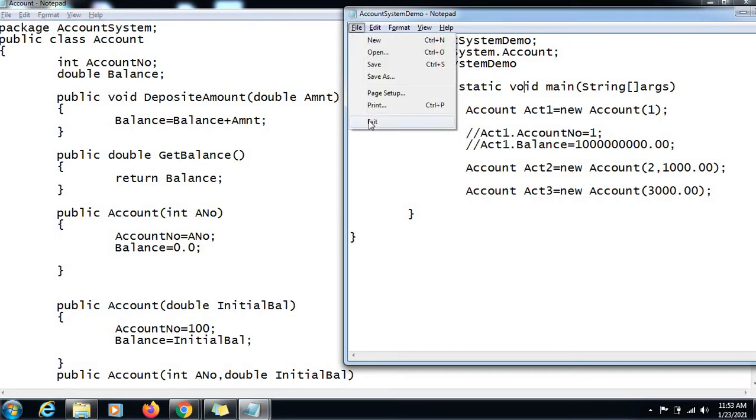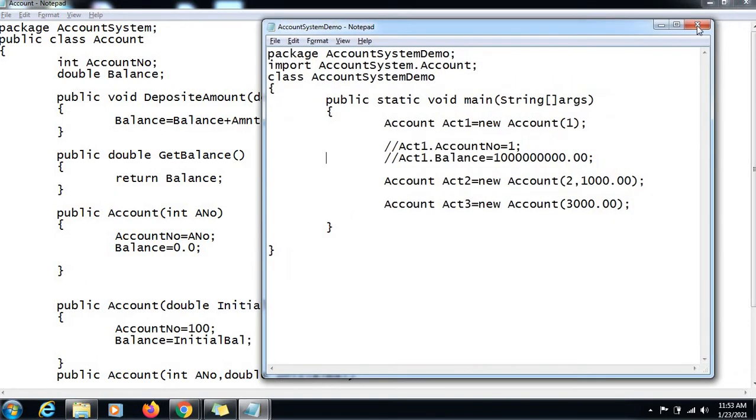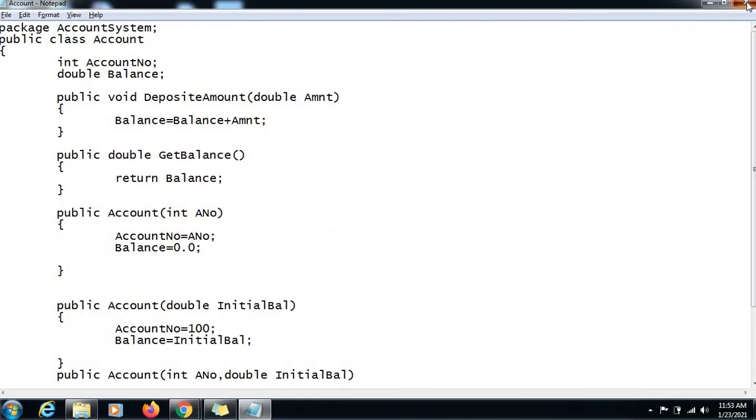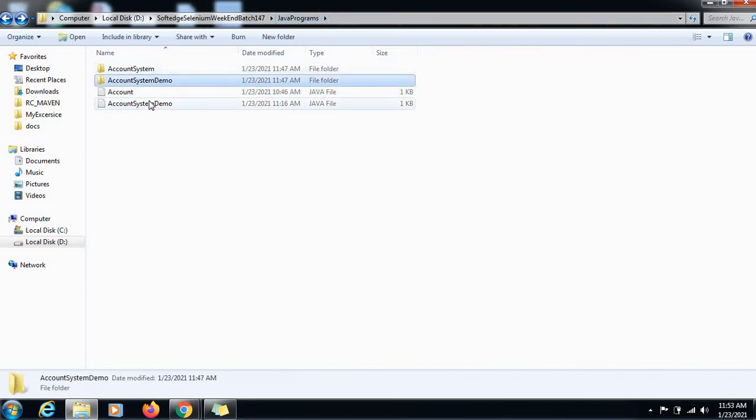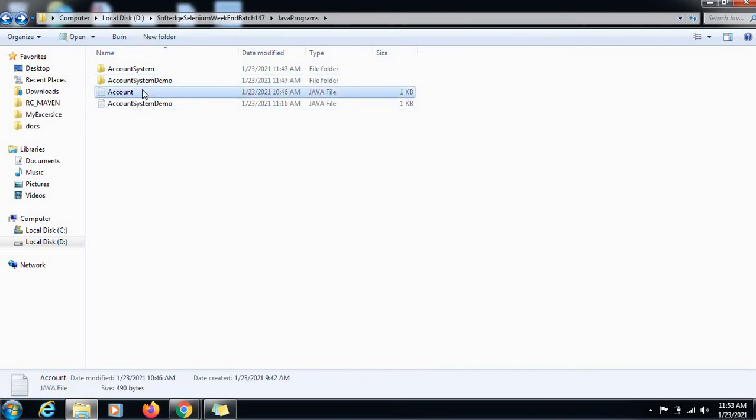Now let's satisfy those requirements. We have already satisfied one requirement, having the class name and file name the same. Now we need our Java files to be present in our package folder, so I am doing that. This is my Java file, which is currently present in our Java programs folder, and these are the package folders which we have created. Now I am going to place these Java files in their respective package folders.